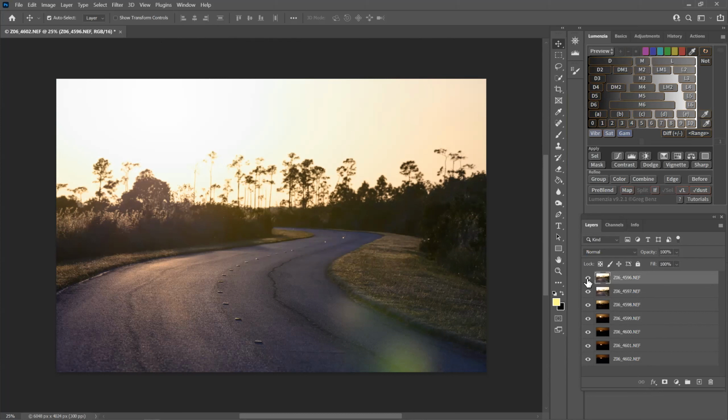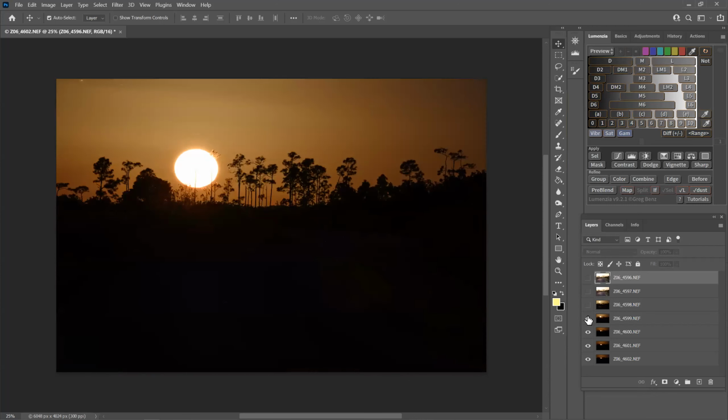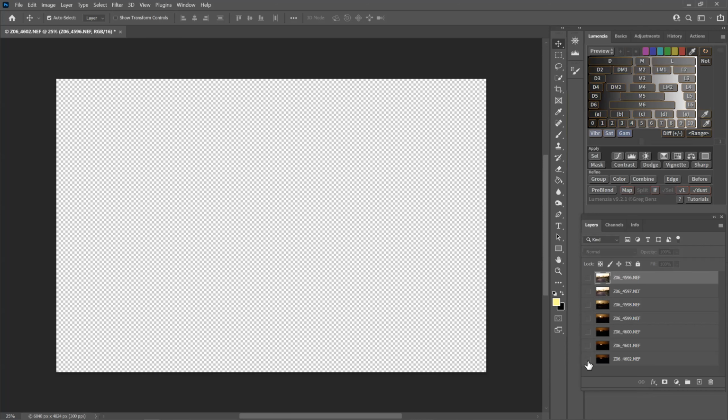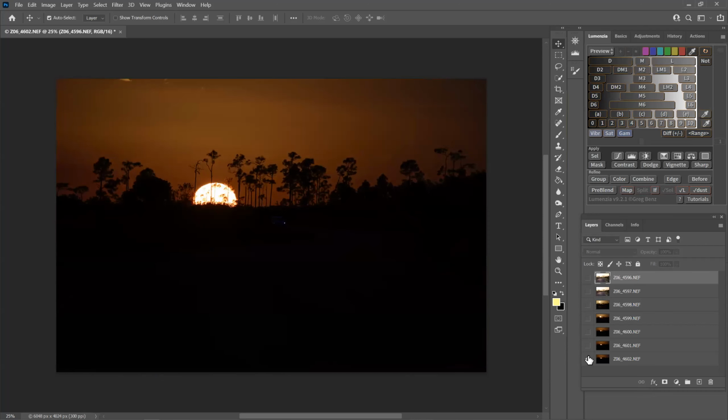Now you can see this little eyeball. If you're not familiar with Photoshop, this little eyeball, if you click on it, it turns that layer off. So you can see what the layers underneath it look like. And I can keep unchecking and unclicking. Now there's nothing. Now there's a little trick.